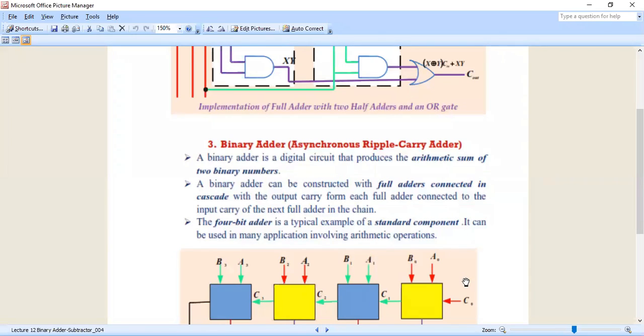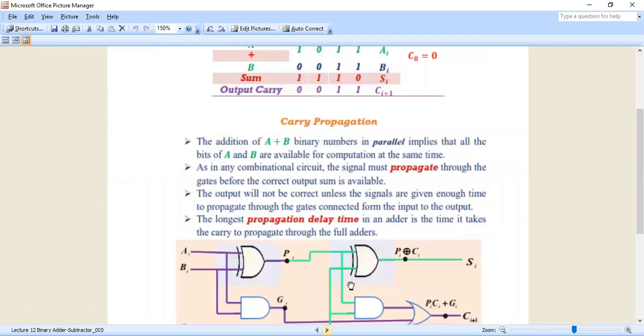So here we have to pass the addend and augend values, that is the A value and B value. Suppose you pass the A value as 1011 and the B value as 0011. So C0 value will be initialized to 0. So A0 value is 1 and B0 value is 1 and carry value is 0. 1+1+0 is 10, that is carry 1 and sum 0. Like that, finally you get the value. So sum is 1110 and carry.